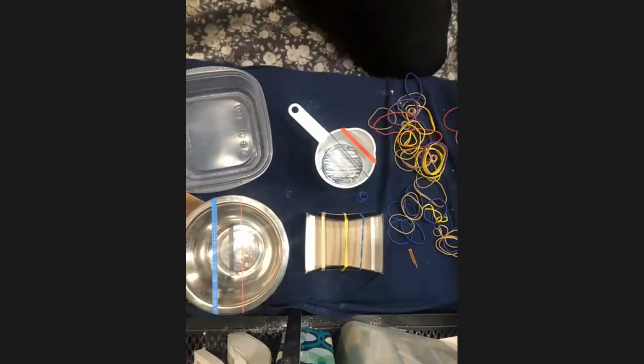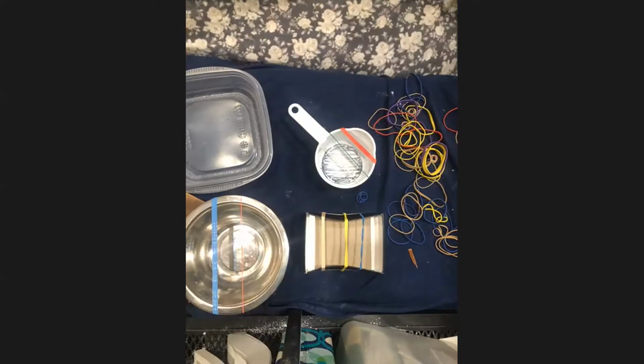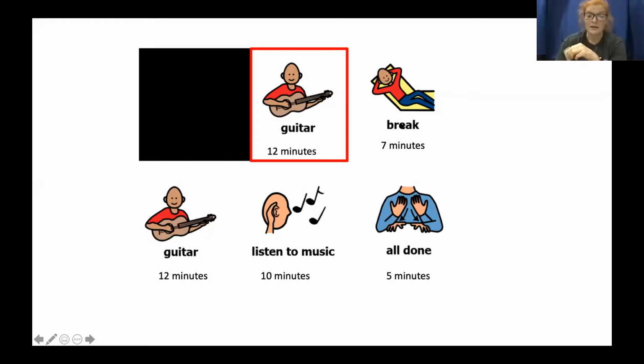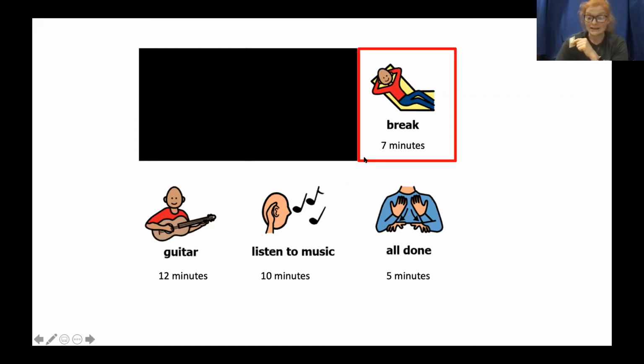So right now, we'll move back up here. Right now, we're going to go ahead and take our break again. And during our break, if you have not finished making your guitar yet, go ahead and do that. If you still need some time to find materials to make your guitar, we have about 7 minutes to do so. But as it is, I will go ahead and get our music ready and pull up our schedule. Because we are done making our guitar, and we'll go ahead and take our break.